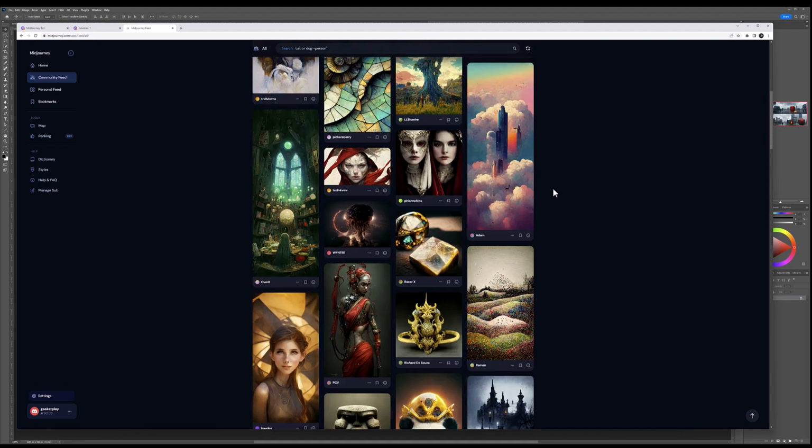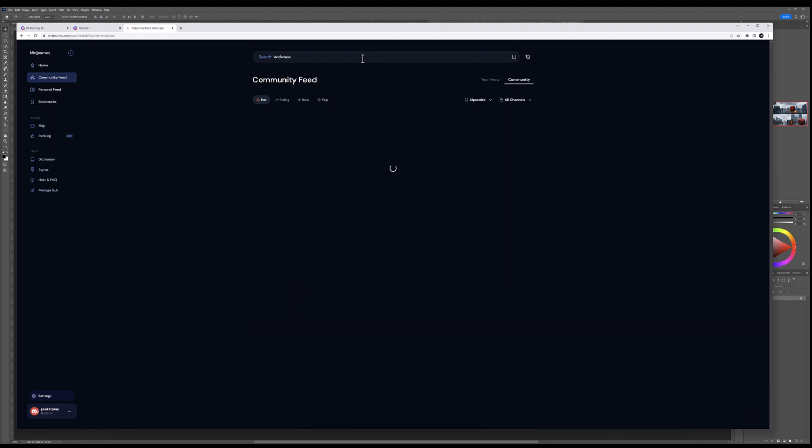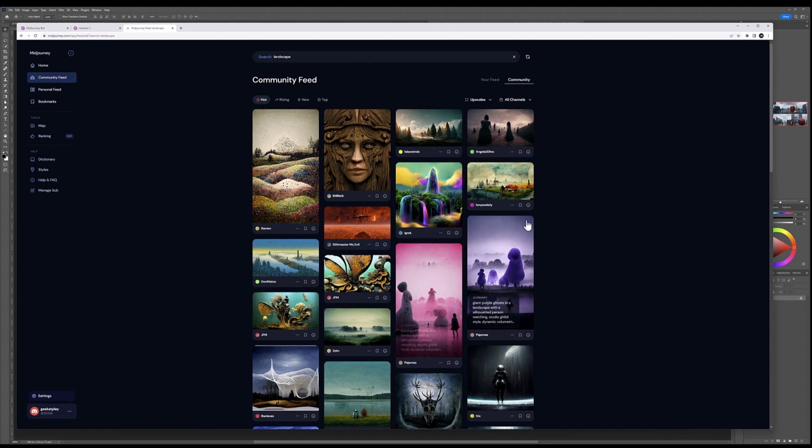If you get confused, remember right here you have search, so you can always go in a landscape, or you can search for something, and it will look for keywords that people typed in. A big plus about this: you'll notice you have an option. When you click on the option, you can copy the prompt. The prompt is the line people put in. Keep in mind, if you copy that line, it does not guarantee you will have exactly the same image. You will have an image that's similar.